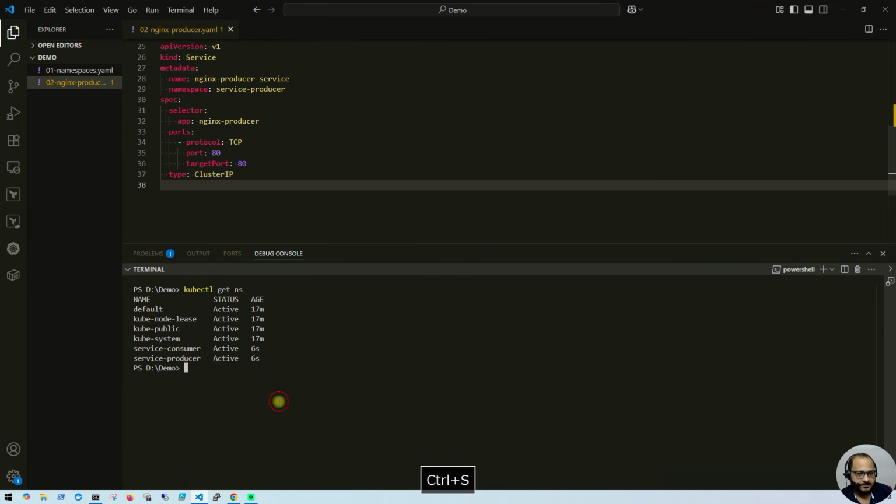Okay. So now I will apply this file as well, kubectl apply -f and file name, which is 02-nginx-producer.yml. From this file basically we have created a pod and a service. Let's verify it, kubectl get pods. Okay, so we have created this pod in default namespace. So I have to specify the name as well. Sorry, -n and namespace name, which is